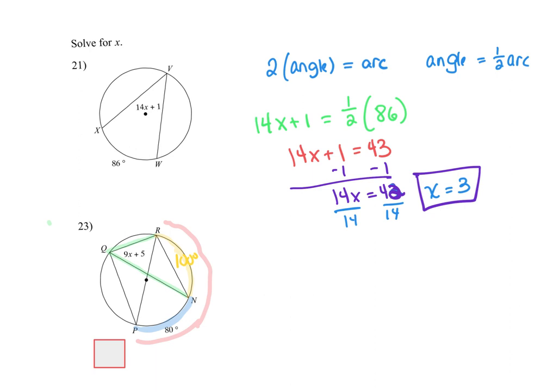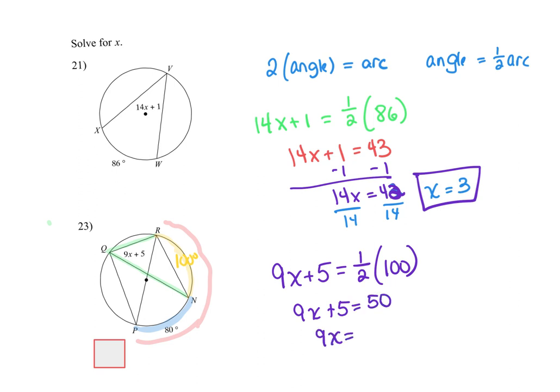So that means that when I'm solving this, my angle 9x plus 5 should equal 1/2 of the arc that it makes up, which is 100. So I have 9x plus 5 equals 50. 9x equals 45. X equals